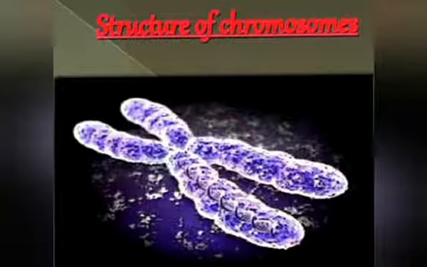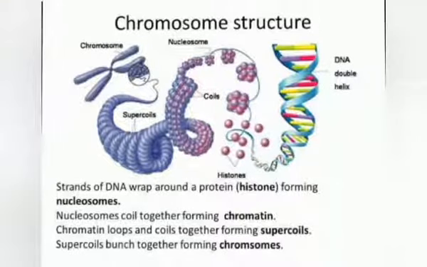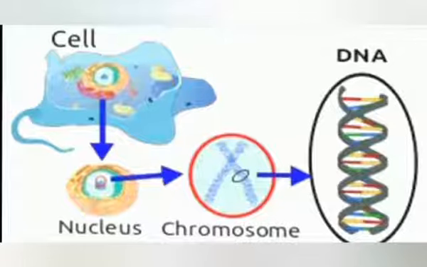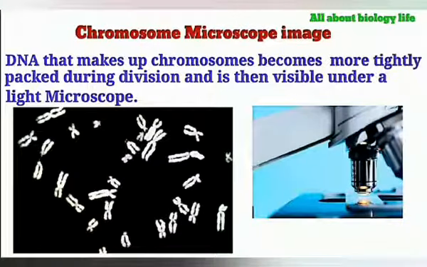Structure of chromosomes. Each chromosome in eukaryotes is composed of chromatin fiber, which is made up of nucleosomes. Chromatin fibers are packed by proteins into a condensed structure called chromatin. Chromatin allows the very long DNA molecules to fit into the cell nucleus. During cell division, chromatin condenses further to form microscopically visible chromosomes.